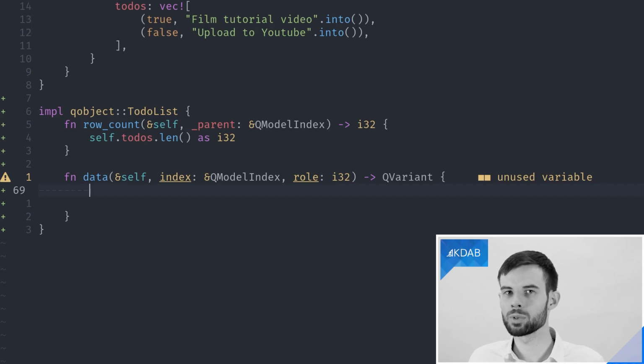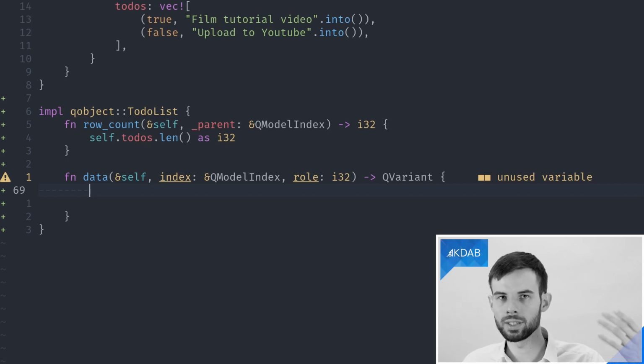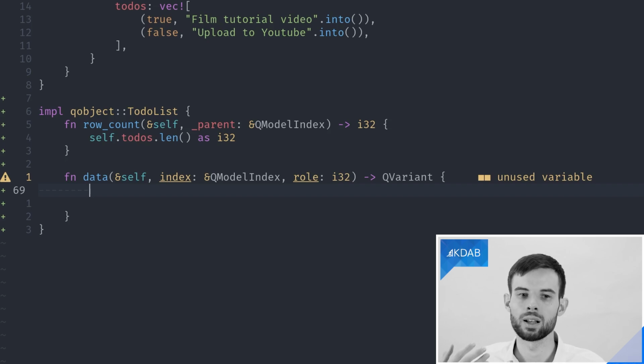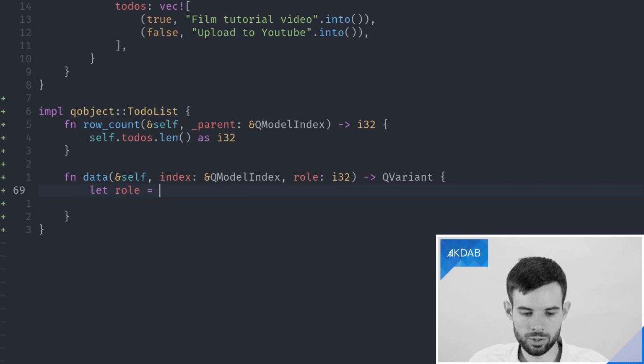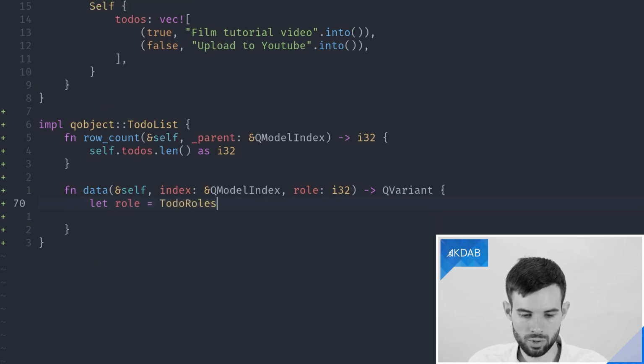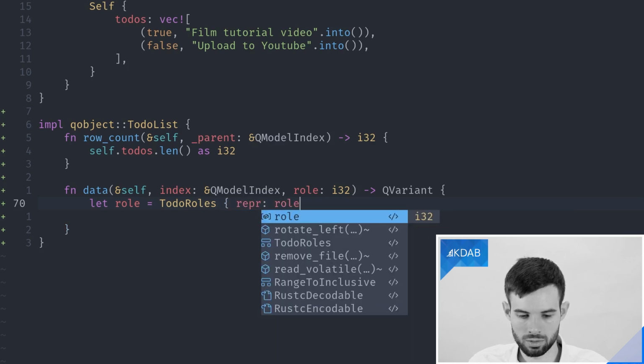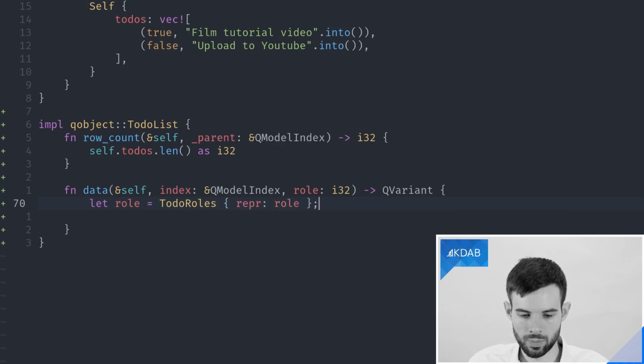In Rust, this wouldn't really be possible, but because these enums are shared between C++ and Rust, they inherit the semantic from C++ that they can be created from and to an integer very easily, which in this case we will do by assigning the TodoRoles with a wrapper of our previous role.